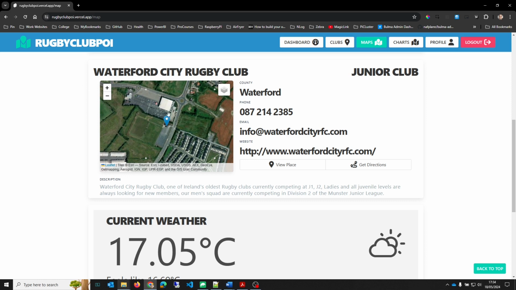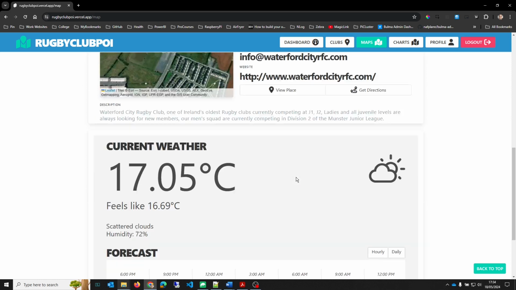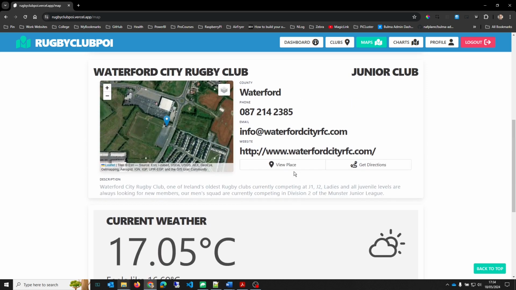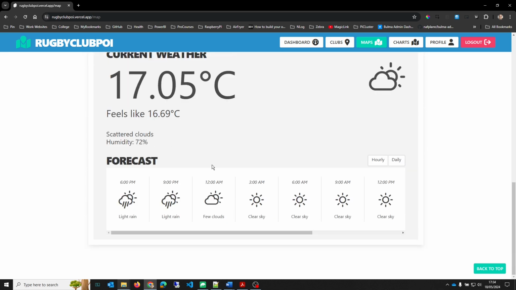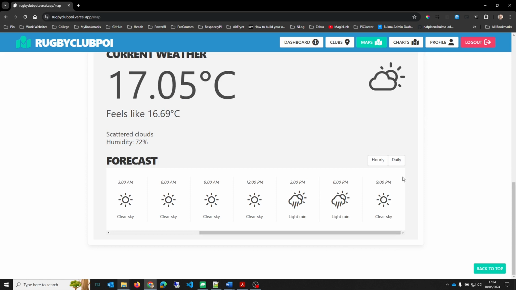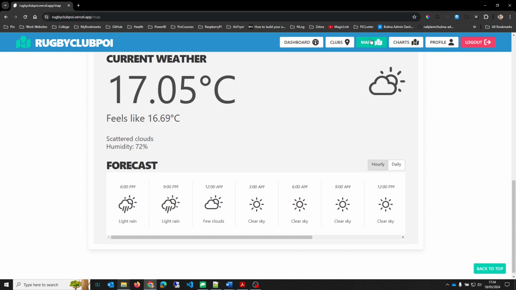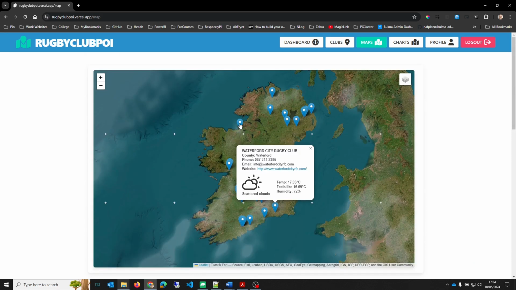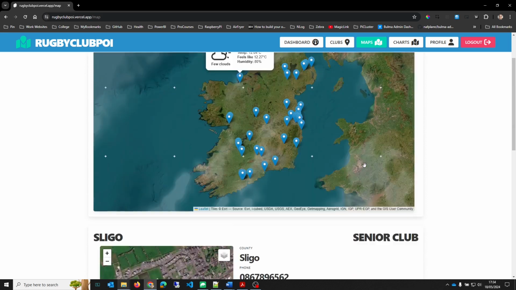Basically, it gives you the map of the club, the details of the club. So that's 2 maps on one page. There's actually 50 maps on this page, but they're all hidden. And it gives you the weather details again, as I showed in the dashboard for the club. So this is actually a public link URL, so people who aren't joined can actually do it. And I'll just show you, if I change club, it does the same thing and gives you the different details